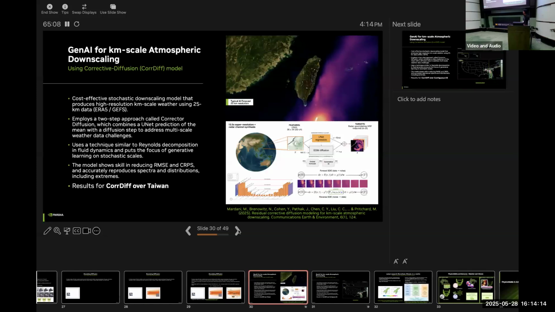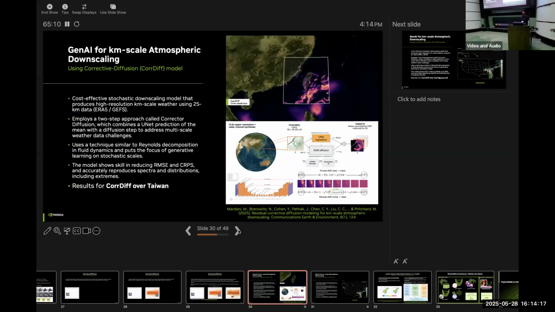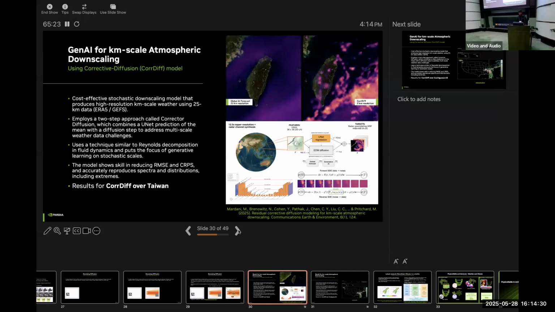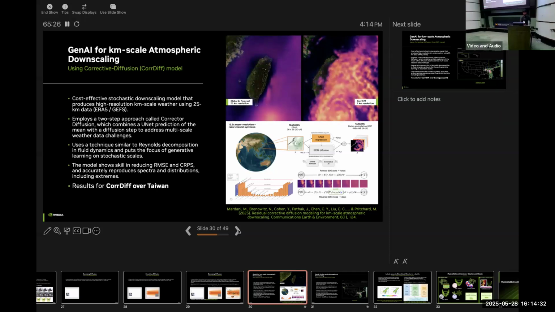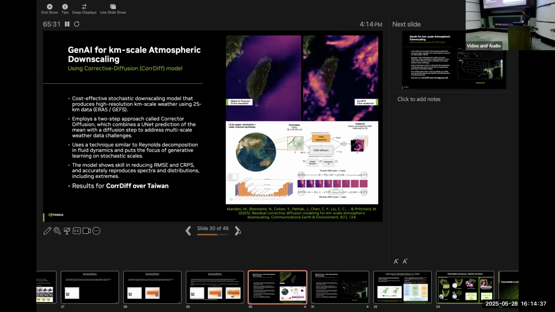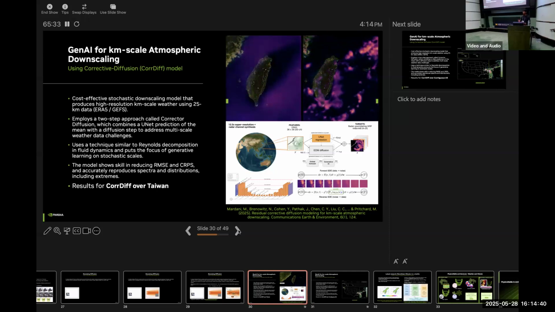So it turns out once you have that, those type of models can be used for things like spatial super resolution and those kind of things, right? So one of the works that we are showing here is what we call the corrective diffusion model, and this model is trained to predict kilometer scale simulation on just a region over Taiwan, given data from a 25 kilometer scale, right?